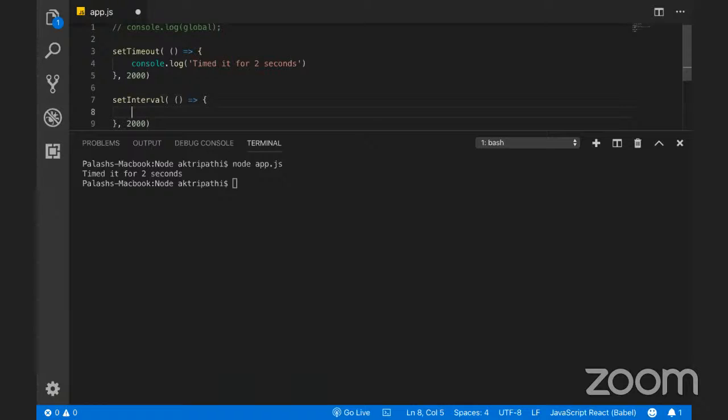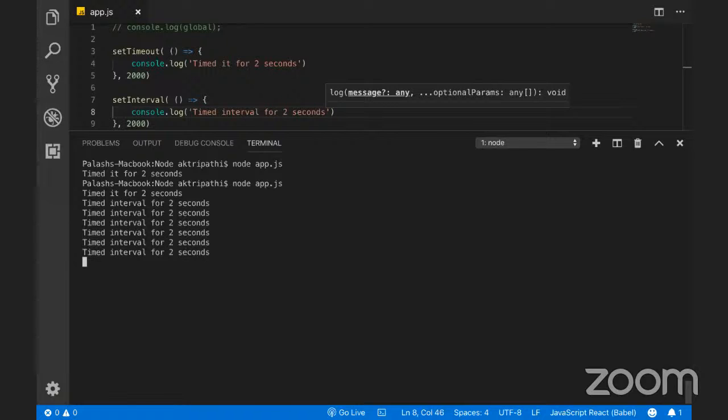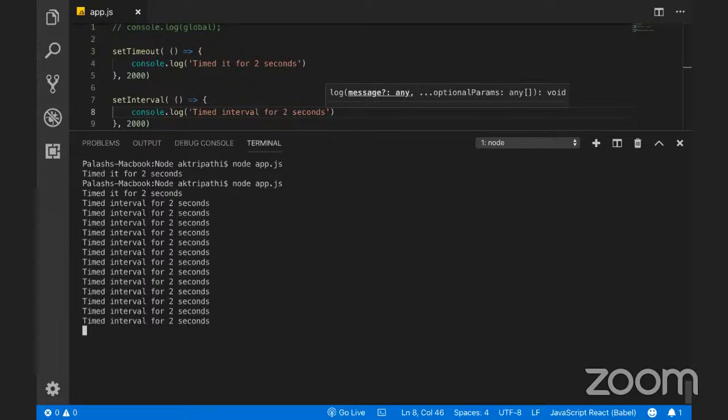let's just first of all console.log timed interval for 2 seconds. So if I save this, पहले क्या प्रिंट होगा, timed it for 2 seconds, and second, timed interval for 2 seconds is printed, and then it keeps on doing every 2 seconds. तो इसका ये मतलब है कि ये फंक्शन यहाँ पे स्टक रहेगा, है ना, ये ऐसे चलता रहेगा। क्या लगता है आपको, कभी रुकेगा ये? नहीं रुकने वाला। बट इससे मेरे को ये चीज पता चल रहा है कि नोड भी सीक्वेंशियली काम करता है।